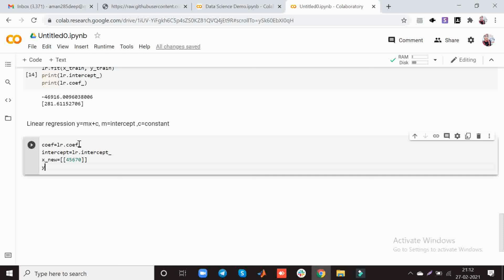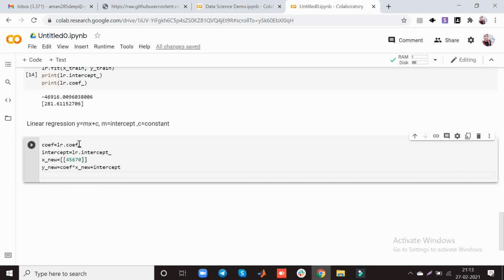So y new equals mx plus c, meaning coef multiplied by x new plus intercept, and call y new. Now run this command.